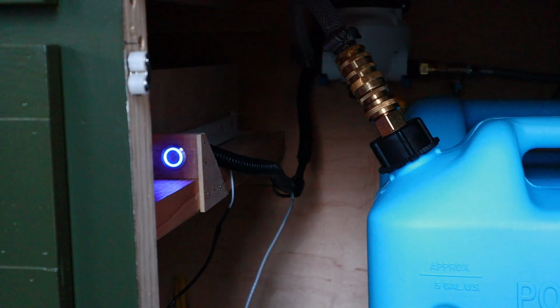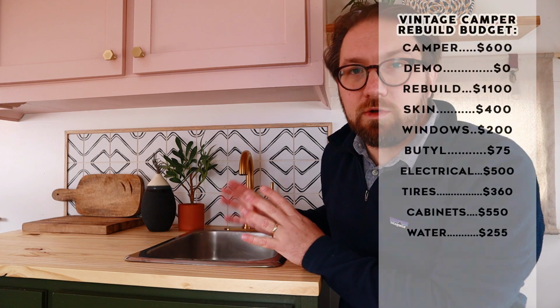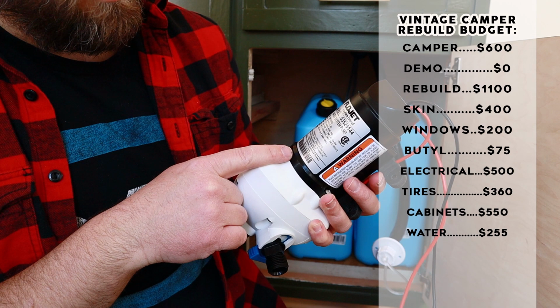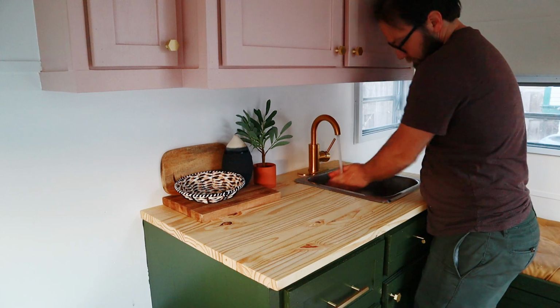So I'm actually really happy with how our water system turned out, but when it all came down to it, it wound up being a little more expensive than I thought it was going to be. It was only $255 for the faucet and the pump, the 2 tanks that we have below, and all the fittings. We were able to reuse the sink from the original camper,